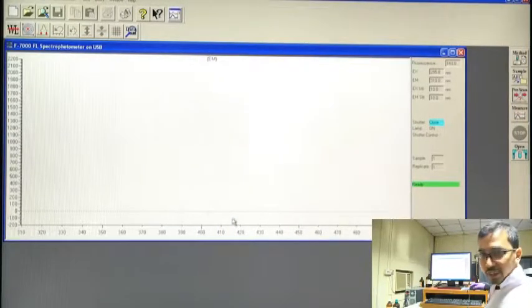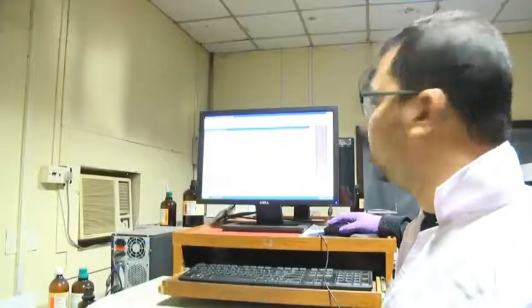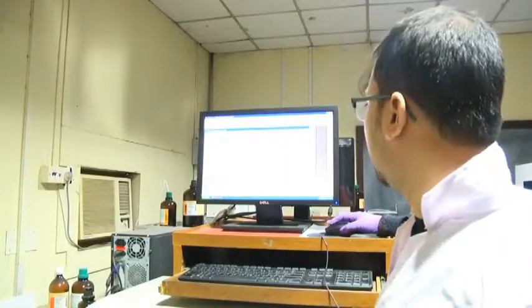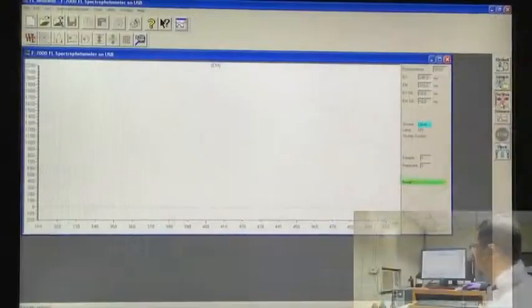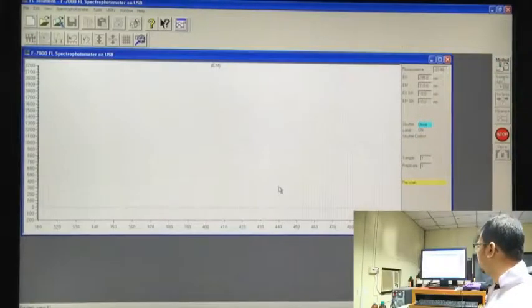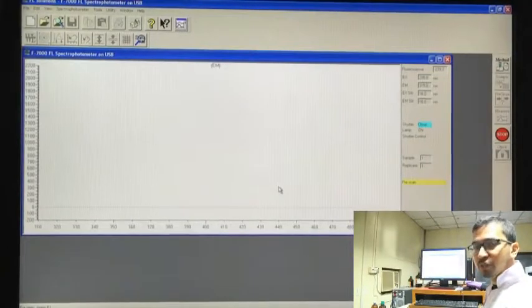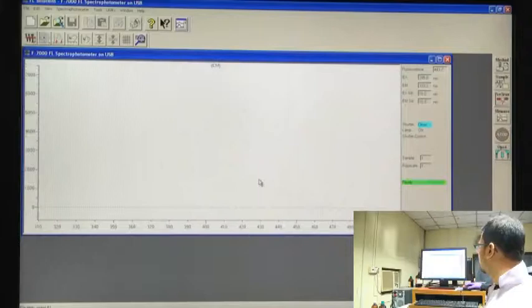So, we will start with the experiment. Now, we will proceed with the scanning part of this sample. Before that, we will go to pre-scan. We are clicking pre-scan. This machine requires this pre-scan mode. In some machines, this pre-scan may not be present. Once pre-scan is done, again the options become active. Now, we can click measure. Now, we can see scanning is going on.